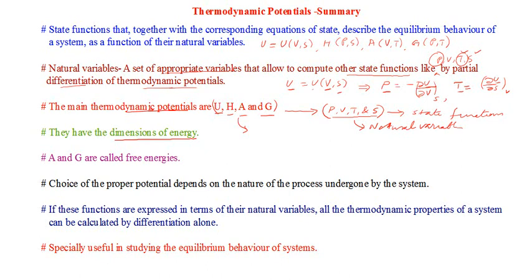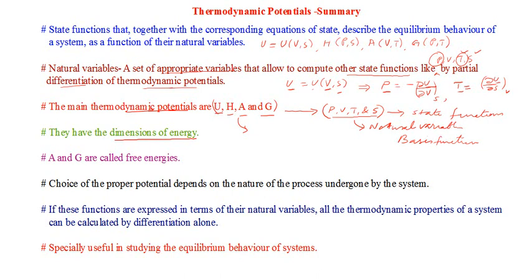So these 4 behave like the natural variables or basis functions. When you use Legendre transformation, they are known as basis functions, and these 4 are the state functions with dimensions of energy, known as the potentials, right? So you understood all the 8 of them. Now see